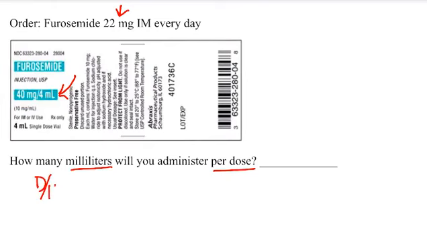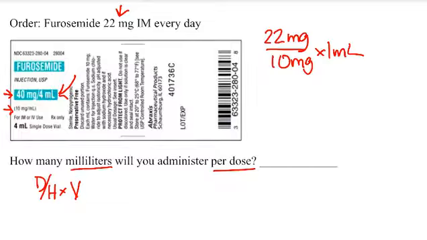This is going to be a D over H times V calculation. My D, my doctor's order, is 22 milligrams. And what do I have? This is interesting because I actually have two here. Do you see I have 40 milligrams in 4 milliliters or 10 milligrams in 1 milliliter? I like to choose the smaller number just because it's easier, but either will work. You can try with both of them and see, but you can either do 22 milligrams over 40 milligrams times 4 milliliters, or you can do what I'm going to choose, which is 22 milligrams over 10 milligrams times